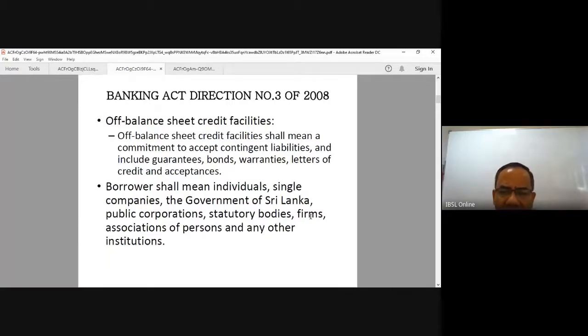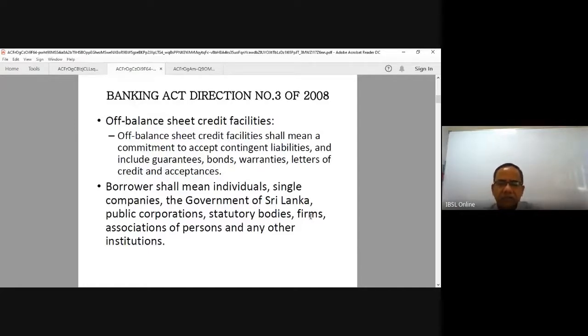So what do you understand by contingent liabilities, right? That includes, now we spoke about LC, we spoke about guarantees, the bonds also, like guarantees, right? So bonds, warranties, acceptances, letters of credit, and all that. So these are all off-balance sheet credit facilities,